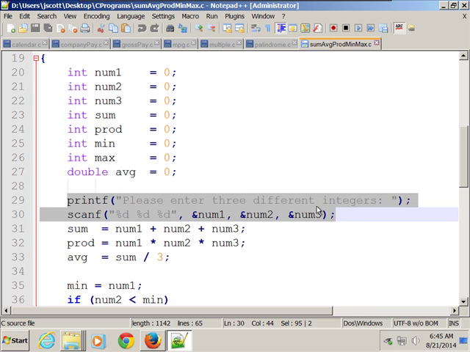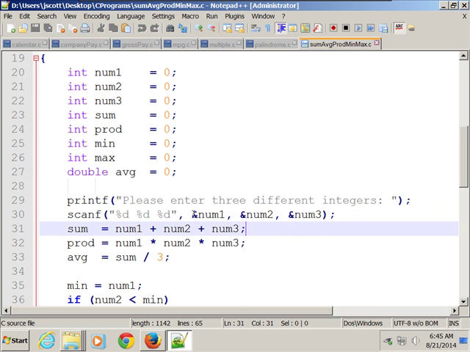All right, this is telling us to read in 3 different integers. Again, we're going to get into this ampersand and its counterpart, the asterisk, next week when we talk about pointers. But this just says, at the address of the memory location that holds num1, put that integer. At the address of the memory location that's called num2, put that integer. At the address of the memory location that holds num3, put that integer. Once you've read in 3 integers, add the 3 up and that becomes the sum, multiply the 3 one by the other, and that becomes the product.